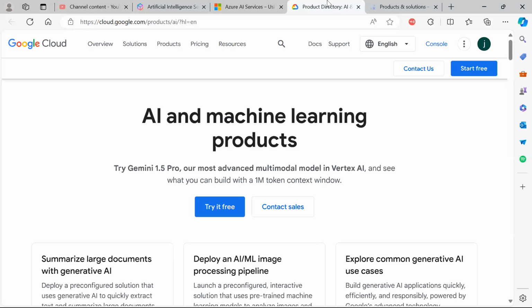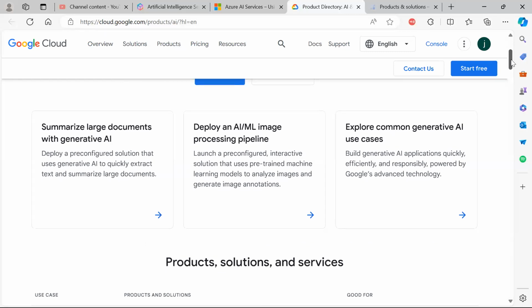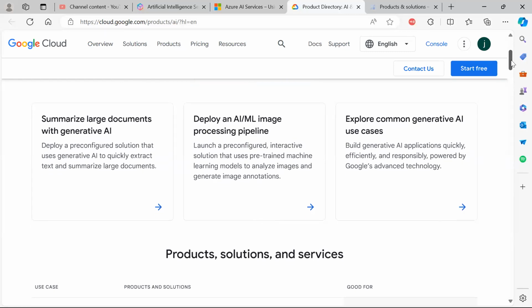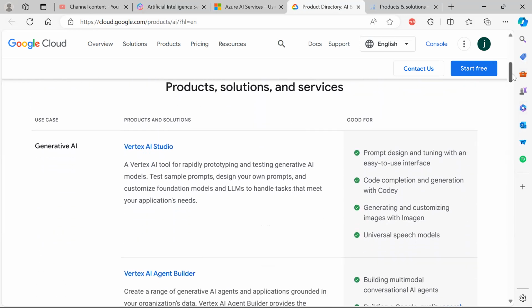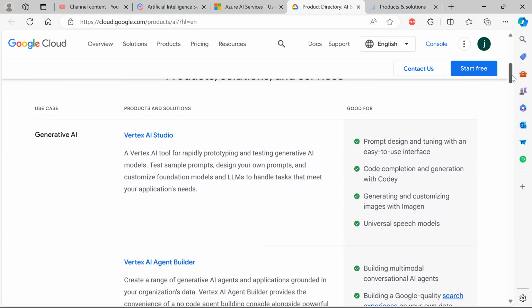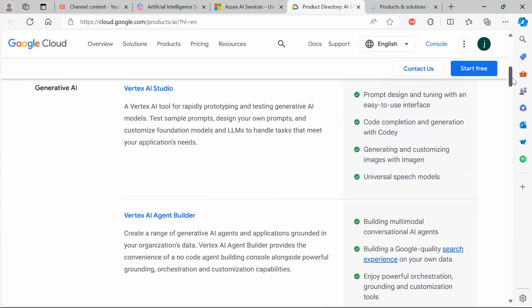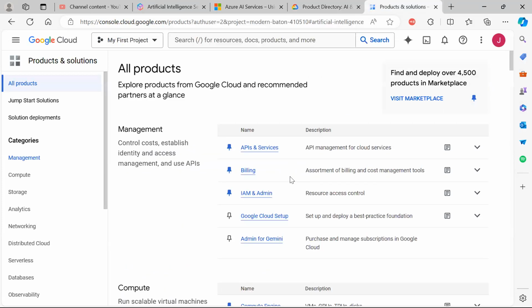Next, in terms of Google Cloud, here we have different use cases: if you want to summarize large documents with generative AI, or build an AI and ML image processing pipeline, or common generative AI use cases, we can solve these too. There is Azure AI Studio, and the same way we have AI Studio over here in Google. Now, if you go to this one,